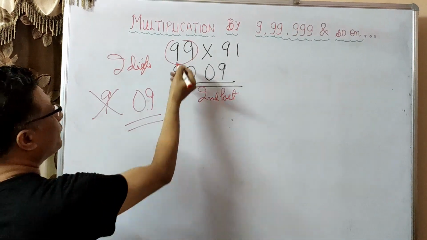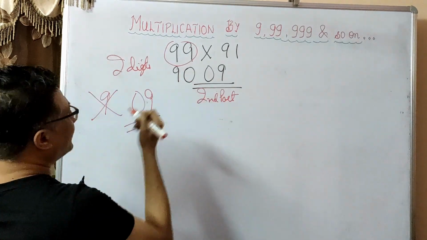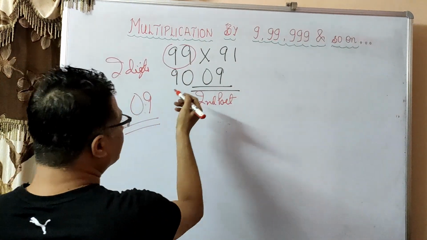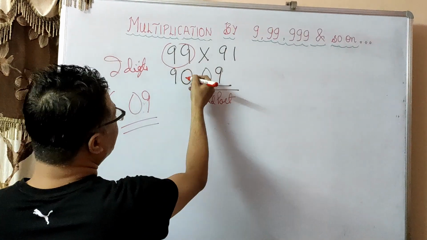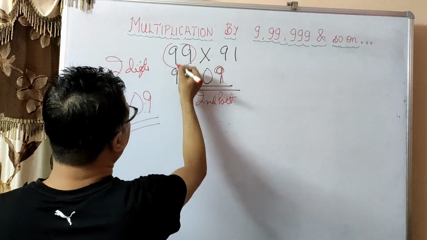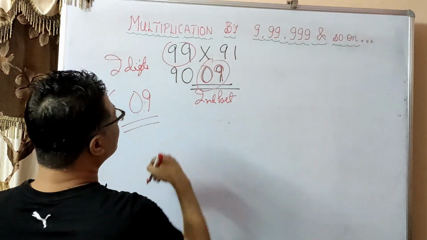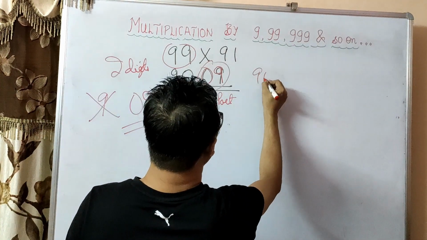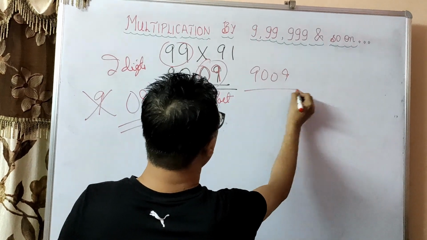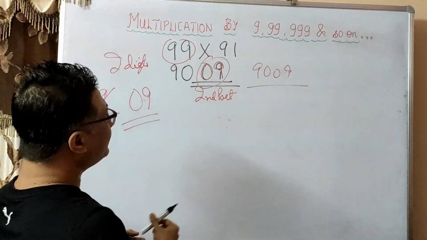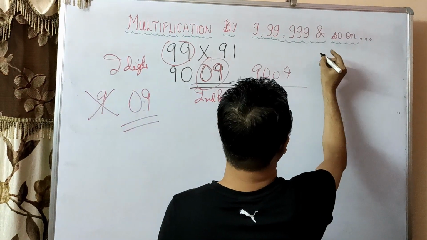And this is simple. We are writing 99 above and we are writing 90 below 99 just to facilitate this. 9 minus 0 is what? 9. 9 minus 9 is what? 0. This is where we get our 09. So the answer is 9009.